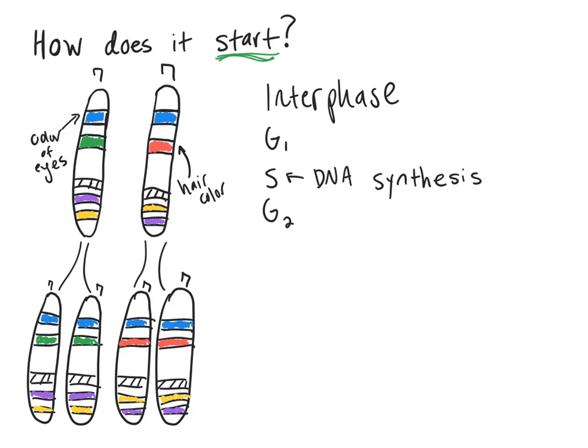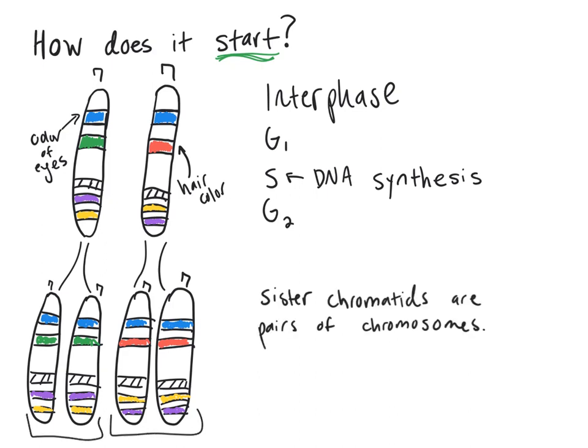And we call these identical pairs sister chromatids. All 7 together are homologous because these two are not identical to these two. However, all the traits match up and will code for the same genes, but may have different versions of those genes, right? So different alleles for those traits, but the same traits in the same exact spot on the chromosome. And the reason why that's significant is it allows something called crossing over to be possible.